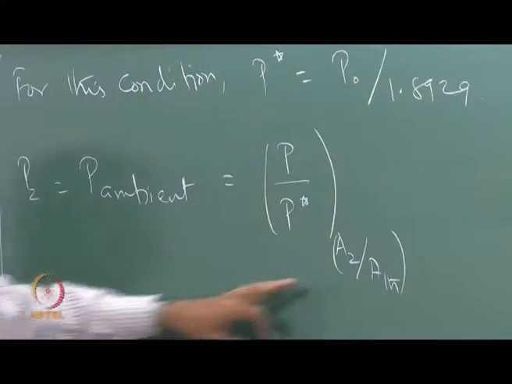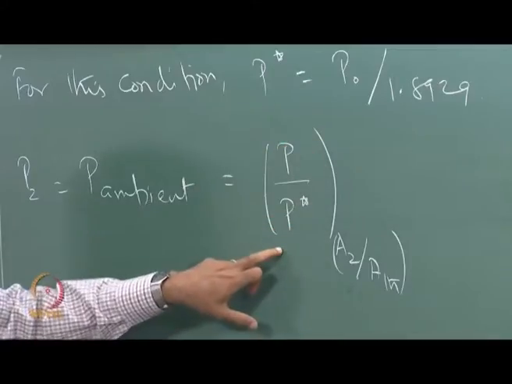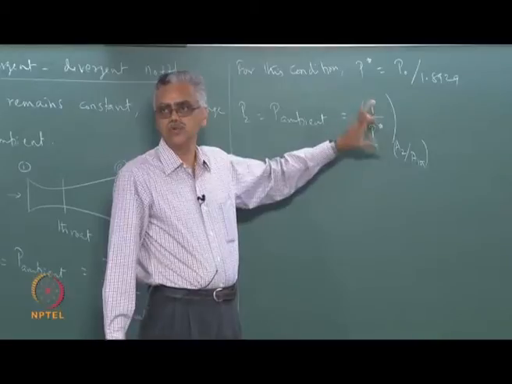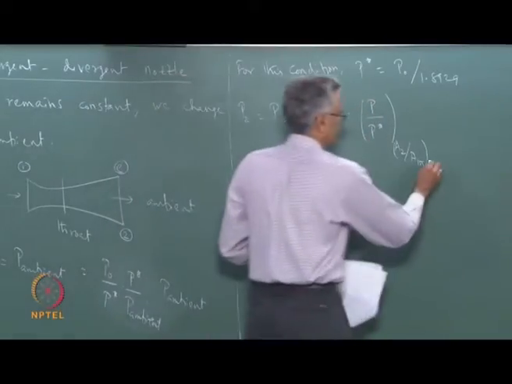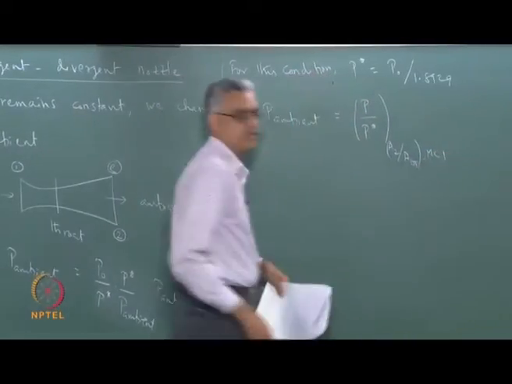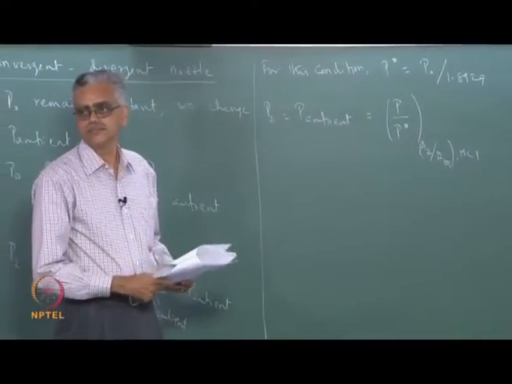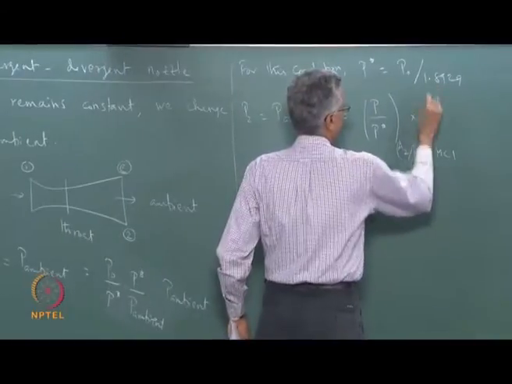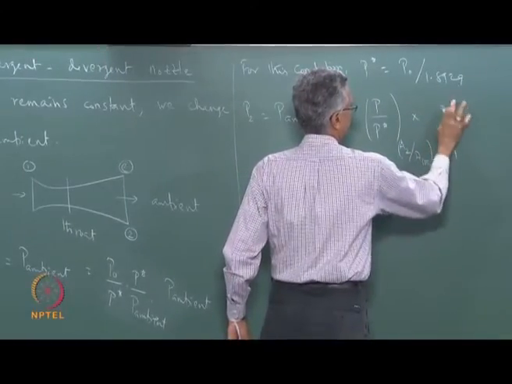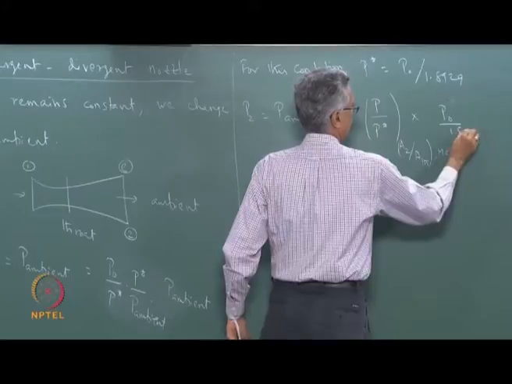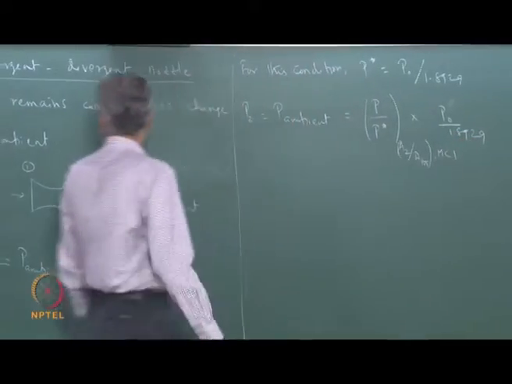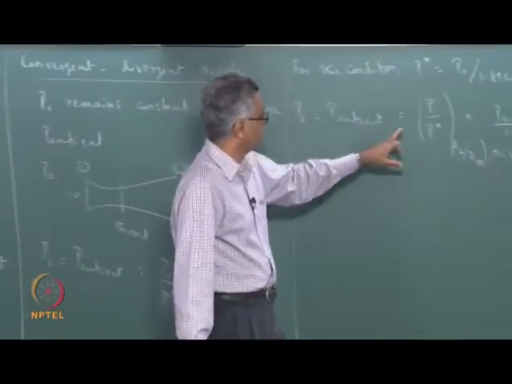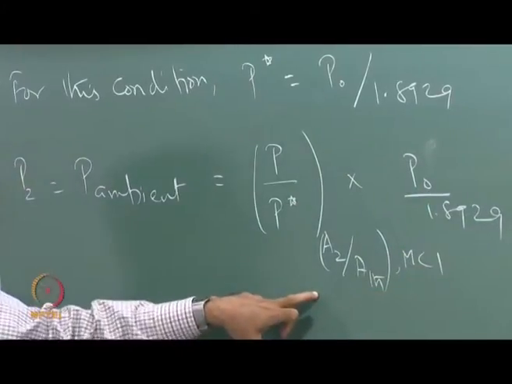For a given value of A2 divided by A throat, I can go to my isentropic tables and retrieve this value of P by P star. Remember, there are two values, in this case we retrieve the subsonic value, right. So once I retrieve this value, I multiply this by P star, which I already know from here. So that is P0 divided by 1.8929. That gives me the ambient pressure. So this ambient pressure corresponds to this value,